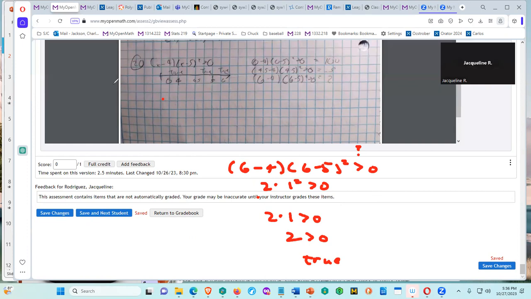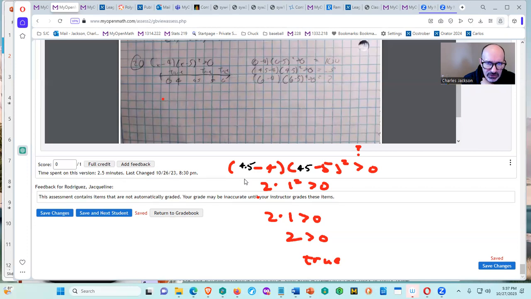Jacqueline? Yes, sir. Yeah, I did get that answer. It's just I don't know where I messed up. Okay. That's the one thing that I'm trying to figure out right now. It's probably the middle interval. Let's see, 4.5. Yeah, in the middle, you've got a 4.5. Four point five, 4.5, and that's going to give you a false, because the first factor is